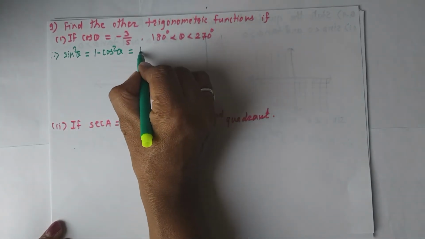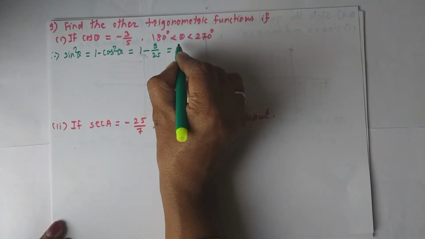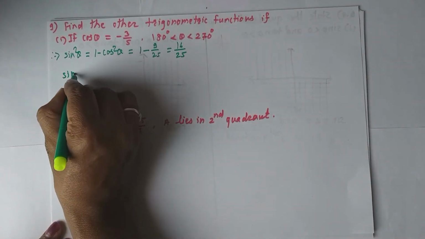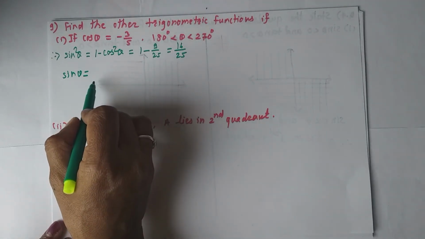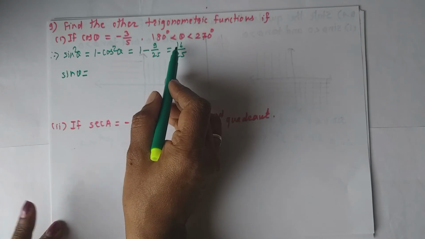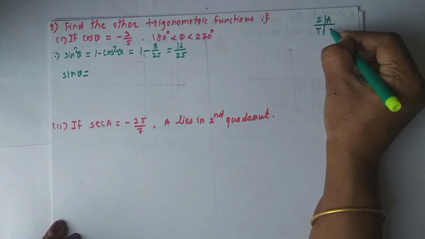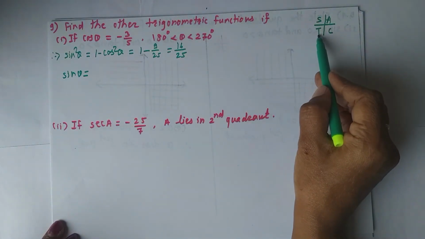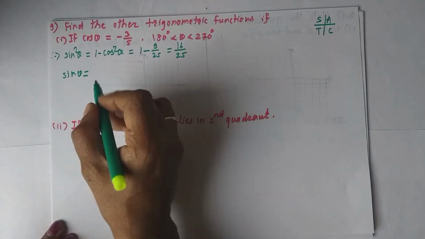Now you keep the value of cos theta, take its square, it will be 9 divided by 25, and this will be 16 divided by 25. Now I have to find the value of sine. Take the square root, it will be plus minus 4 by 5. But see here, theta lies in the third quadrant and I know the rule all sin tan cos. In the third quadrant only tan is positive and cot is positive. Remaining functions are negative. Therefore here the value of sine will be negative.